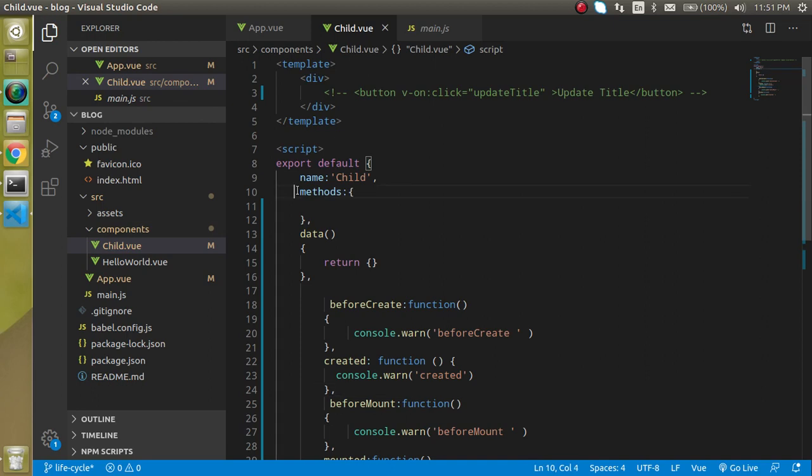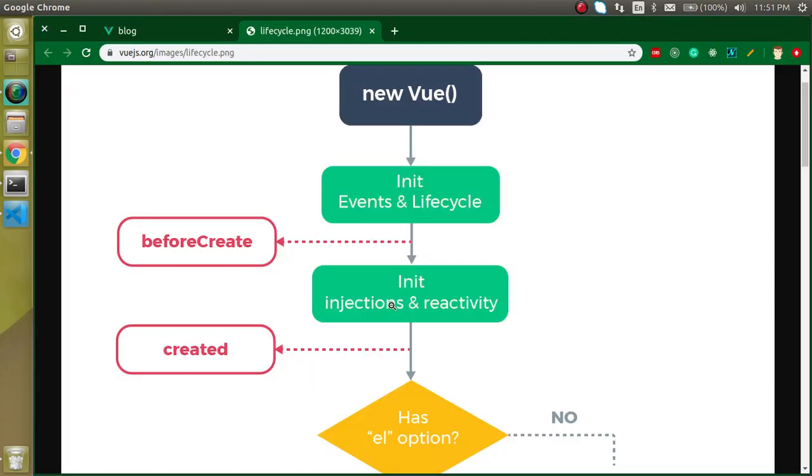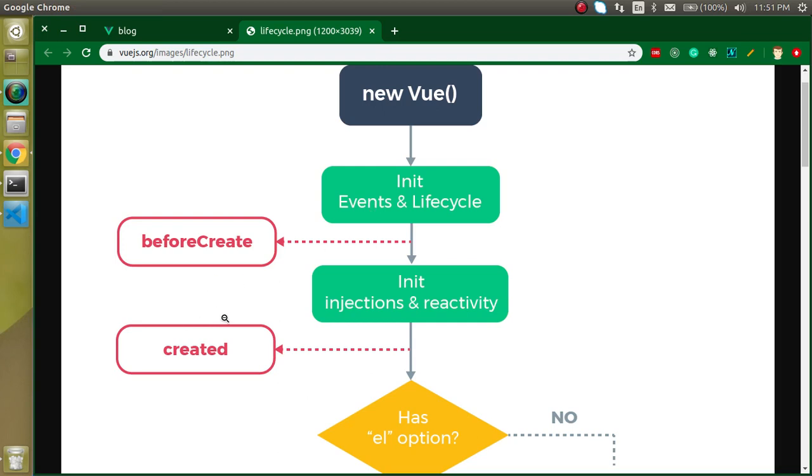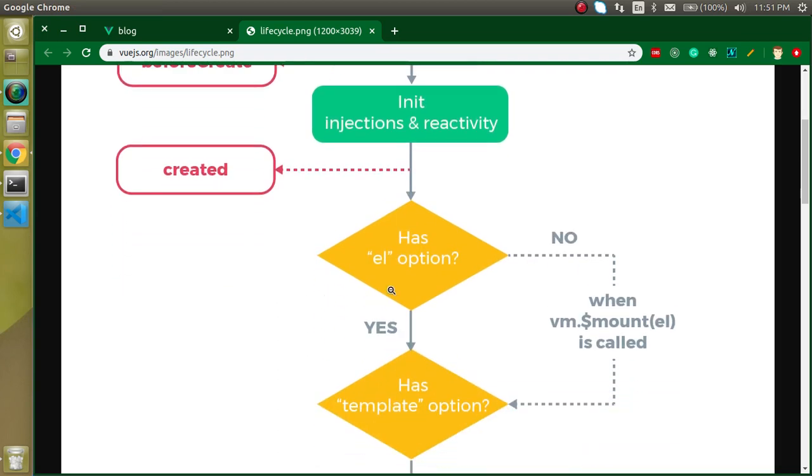One is method and property, method and data basically. Right, the two methods are initialized. The meaning of injection and reactives is to initialize the method and data function. All right, so after that, when our component is created, then it will just going to find